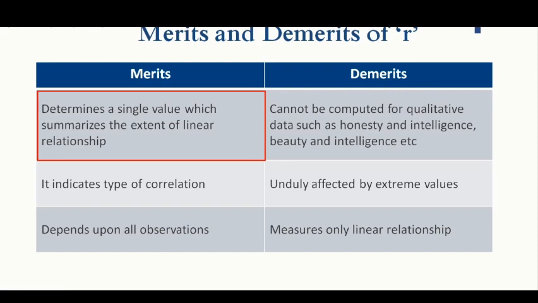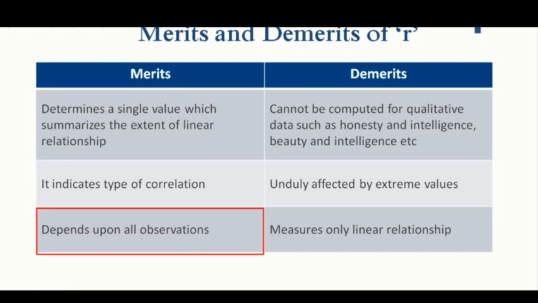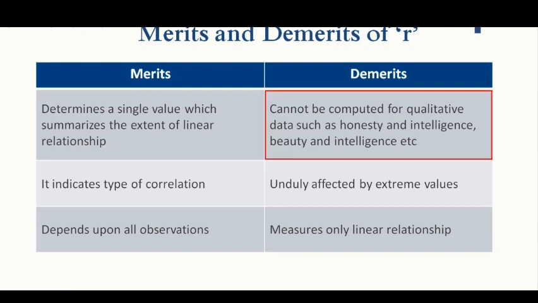Everybody will get the same value for the same data, that is the meaning of this. It indicates the type of correlation, and depends upon all observations. It cannot be computed for qualitative data such as honesty and intelligence, beauty and intelligence, etc. Because this is going to be the case of a categorical variable or